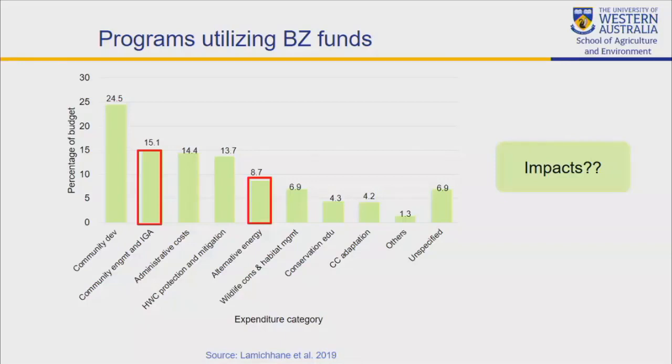to climate change adaptation. So in this research, we'll be focusing more on income-generating activities and alternative energy programs, because here you can see a substantial amount of the money, like 15% of the amount, is spent on carrying out income-generating activities every year in the buffer zone areas, and also almost 9% of the budget is spent on providing alternative energy sources to the local people. So the main aim of these programs is basically to improve the livelihood or welfare of the local people by diversifying their income-generating activities and improving the natural resources conservation of the area by providing alternative energy